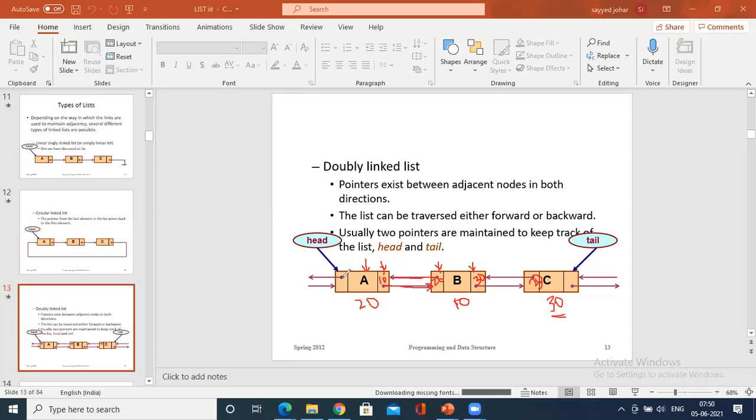Whereas in the case of head also the same. Since it is not being connected, we are not finding any node, right? If you insert some node at the beginning of a double linked list, try to understand.